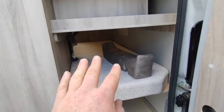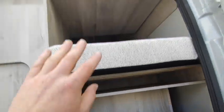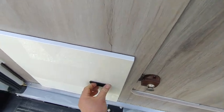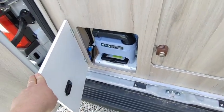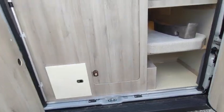Now, opening up the back door, we've got a good bit of storage underneath the bottom bunk there, and then of course you can load onto it as well. Lots of little shelving spaces built in as well, up there and along there. Awning winder handle's got a little place to live. Oh, that's a bit sticky. There we go. That's your Dometic toilet cassette in there. Access to the bathroom, so you can load paddleboards and things through there,